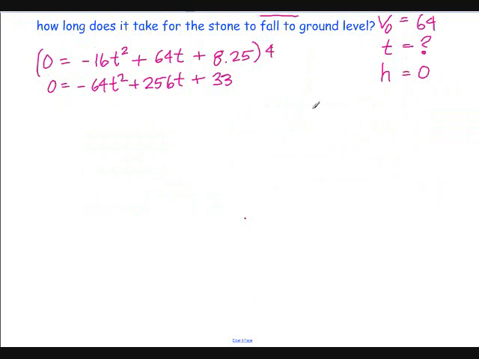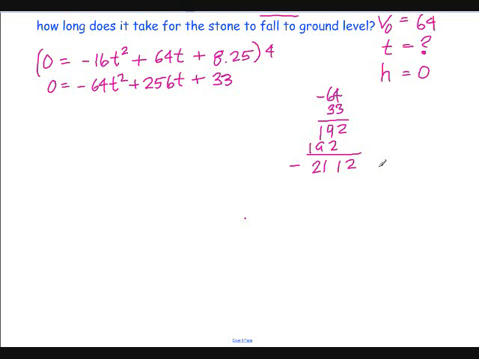Let's extend this page. I'm going to do that factoring by grouping. We've got minus 64 times 33. I don't see any possible way to simplify this. So I'm multiplying these times each other. You're probably doing it a whole lot faster than I am. This is going to be some negative number, right? 2, 1, 1, 2. So I'm looking, these are awful. I'm looking for two factors of